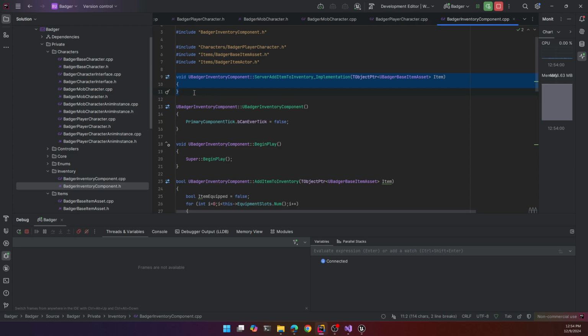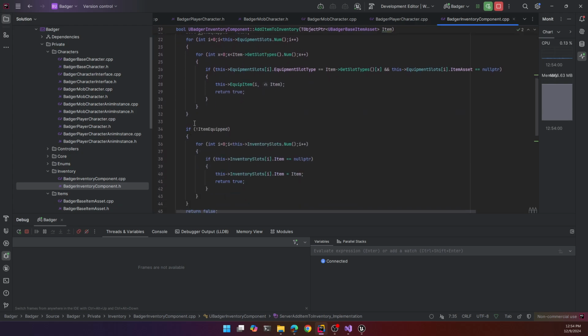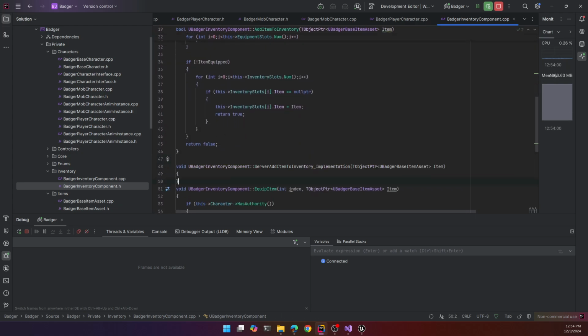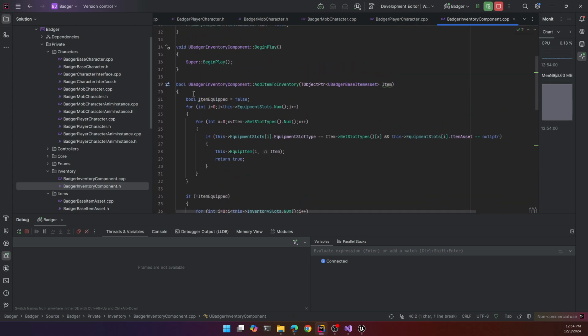Let's generate the code for that. Move it down here. We are going to call this add item to inventory, and up here we're just going to do